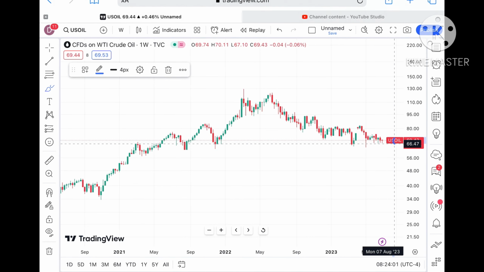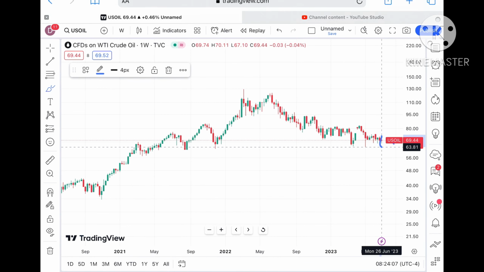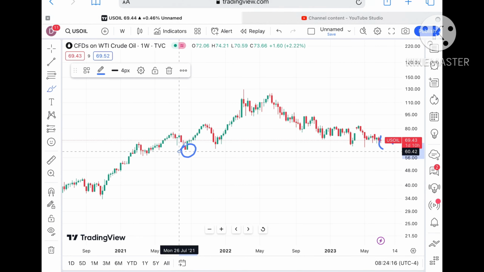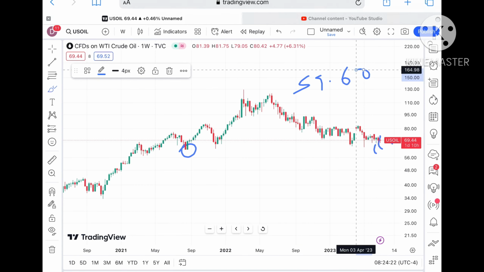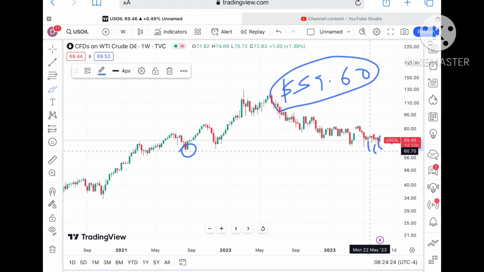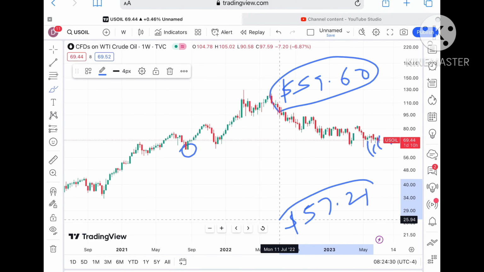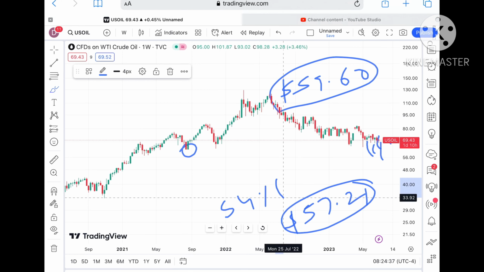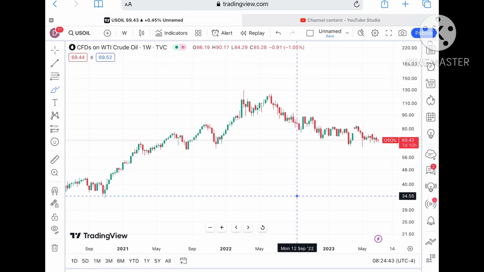Again I repeat, if the price doesn't sustain this particular level, it can move towards a level of $68.3, and from there we can see a level of 66.17. If the price falls below that level, chances of touching a level of 63.81 are there, and from there a level of $62.37. This $62.37 is already a weak support, so chances of going further down will be there, and then it can touch a level of $59.60. Once the price falls below that level, it can touch around $57.21, and if it falls below that, it can go further low, with a probability of going towards $54.18. If the price falls below that level, we can see it go further low.